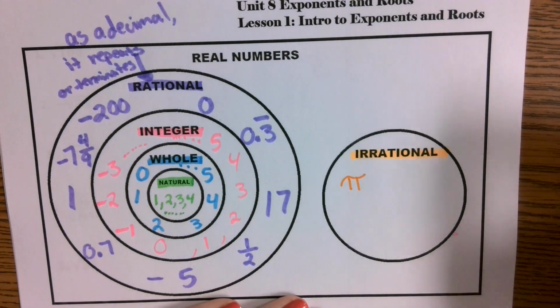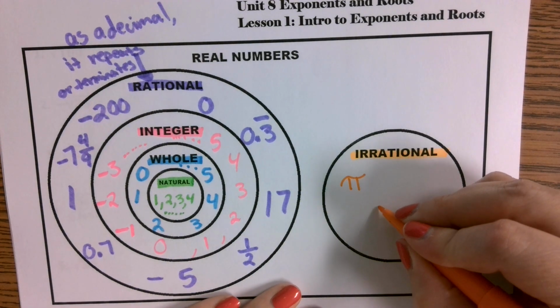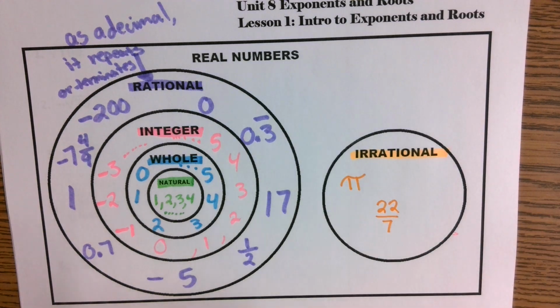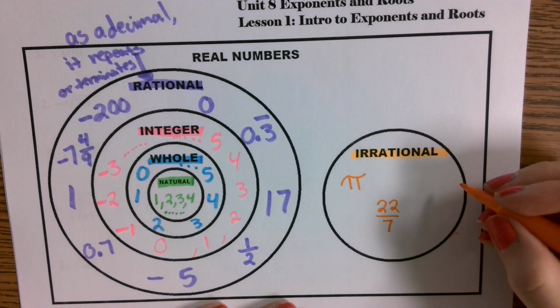So as a fraction, that would be 22 over 7. 22 over 7 is an irrational value that goes on forever. It has no repetition. It has no pattern. And then something else,